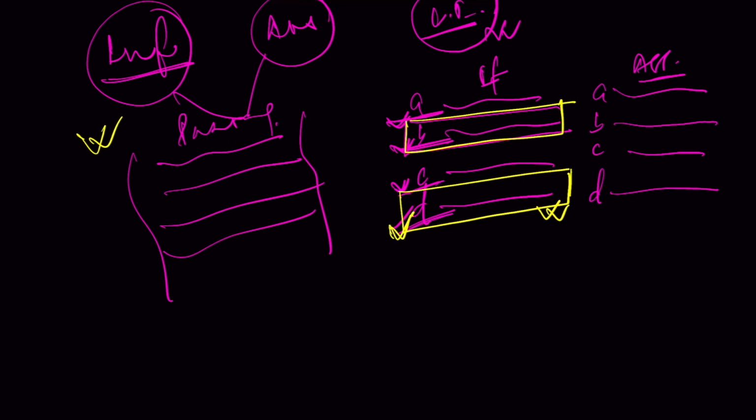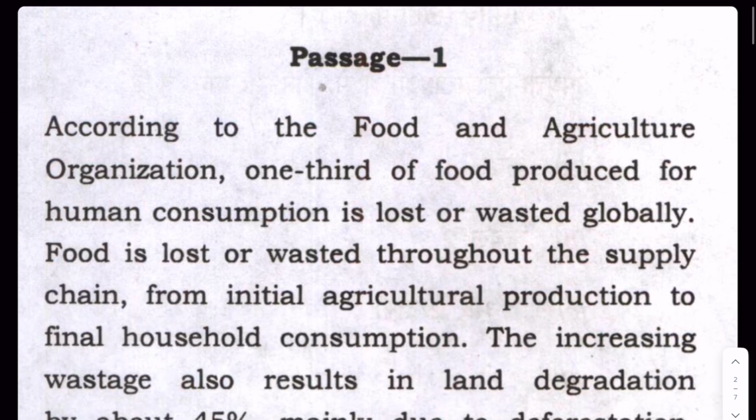Suppose D seems very practical, it suits your idea of knowledge, but it has not been extracted from the passage, right? So D will not be the answer, B will be the answer, because B is also correct and this has been extracted from the passage. That's why B will be the answer and D will not. So here I have taken a few questions. I'll go through the questions one by one and I'll show you how to deal with such type of questions,